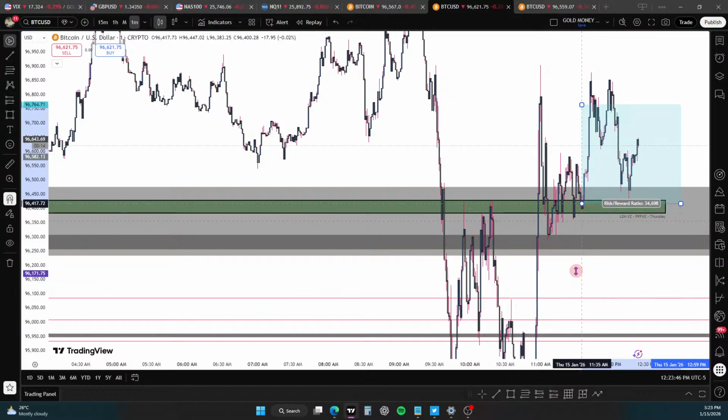Factoring in spread, you have such a tight stop on that, but because it's the 30% of fair value gap, we've already swept it. We've already rebalanced into an inefficiency. So that low would be my invalidation. If price does wick down here and then reverses up, well, that's just bad for me. But to be honest, that is a beautiful rejection of the first presented fair value gap, and that's how you